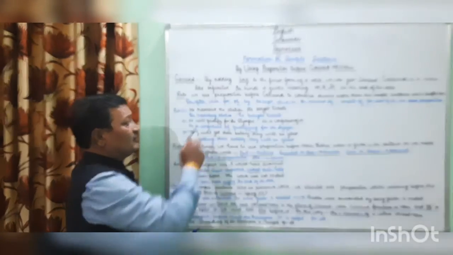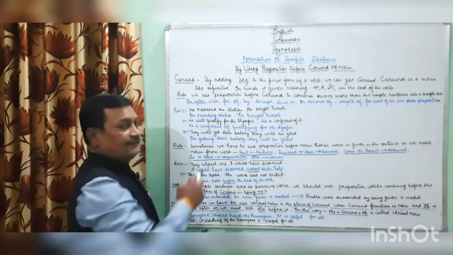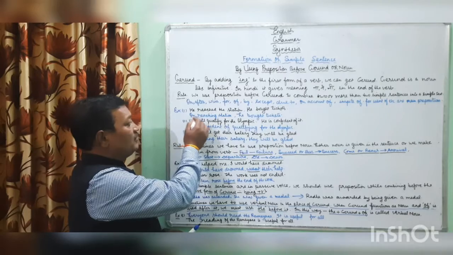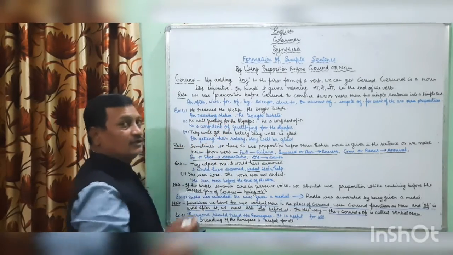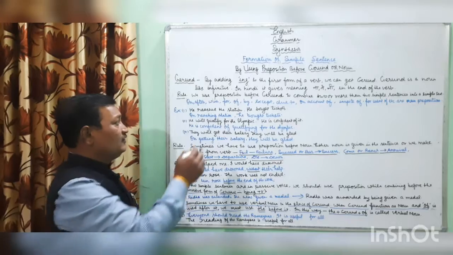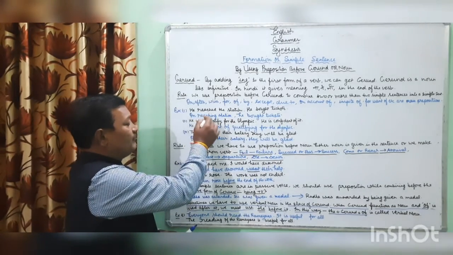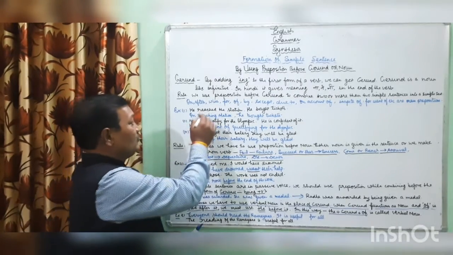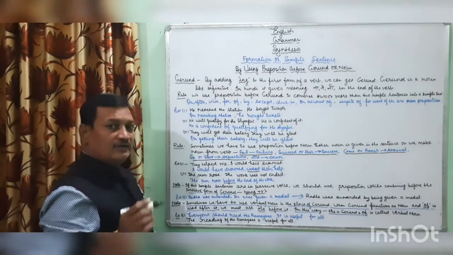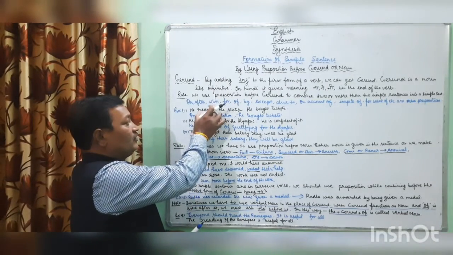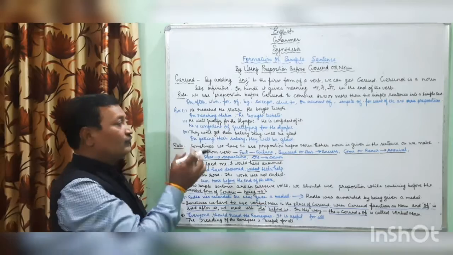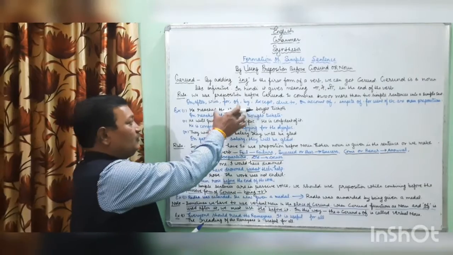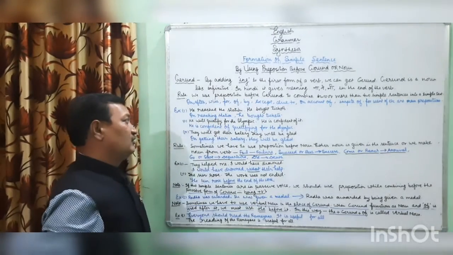He reached the station, he bought tickets. Students, let's see, on reaching station, he bought tickets. Students, you can see here I have made gerund from the verb reached. I have added ing to the first form of reached, reach, and before it I have used preposition on. So in this way I have combined these two simple sentences into one simple sentence.